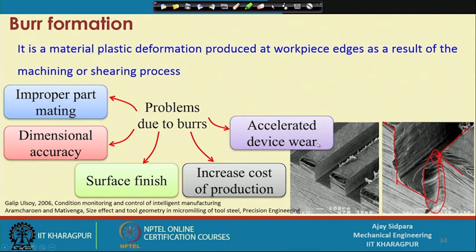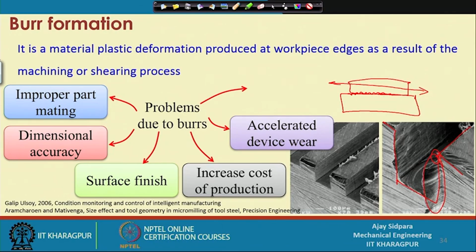And accelerated wear of the devices. Consider that burrs are present here and this surface has a relative motion. Suppose you have one workpiece and some burrs are located on the top surface, and there is another component with a relative motion, reciprocating in this direction. These burrs will be broken off and become the interface between the two surfaces. Let us magnify this surface: this is the top surface and this is the bottom surface, and whatever burrs are removed